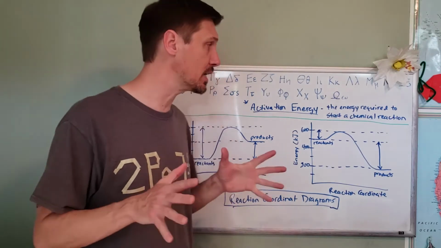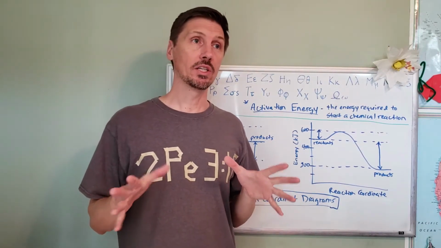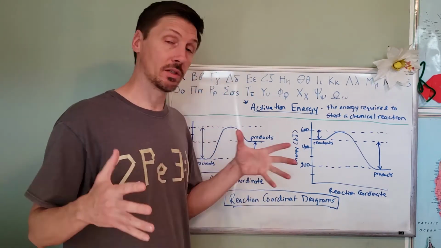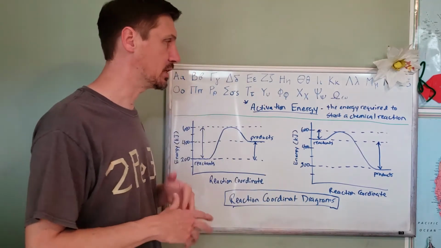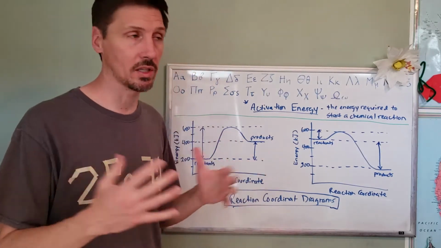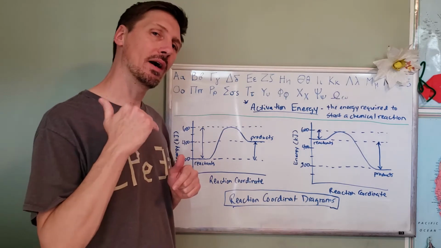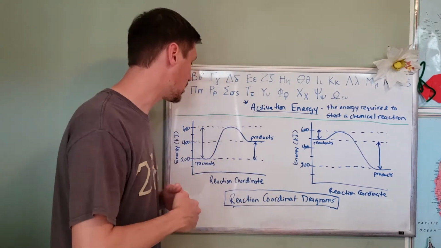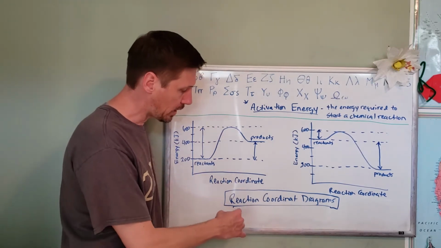All right, and so as it turns out, every reaction has to have activation energy. It's just that for some reactions, the activation energy is so low that you can just basically put the compounds together and they'll react. The reaction will take place. And we've done some experiments in class where that's happened, right? We just had to mix them together and all of a sudden the reaction took place. Well, it all has to do with how great or how small the activation energy is that's required for the reaction to take place. And so in order to examine that, we're going to look at what we call reaction